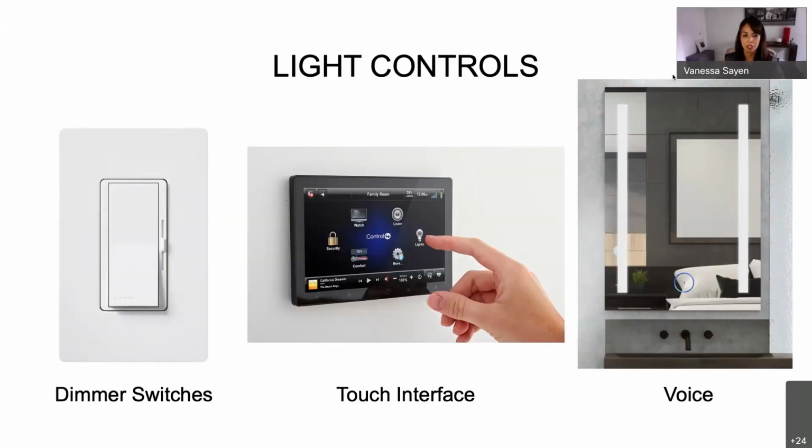Okay. Light controls, and this is where VTH shines. We have so many options that we can accommodate based on the client needs. Technology is constantly advancing, as we know, and there's such things as window shades, televisions, music in the room, and we want to make sure that they all integrate and that they all talk to each other and that we can just make it easier for the client to use, right? I've always used the example when, this is many years ago, my grandma, she lives with us, and we used to live in a 2-story home,